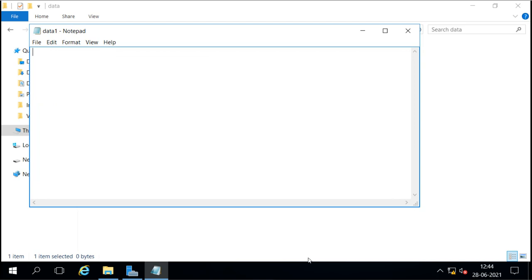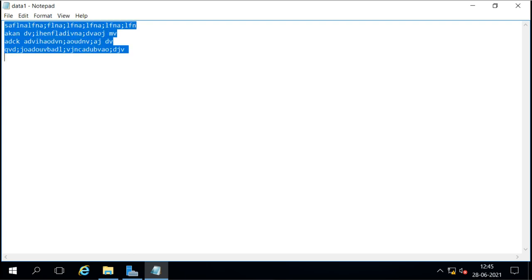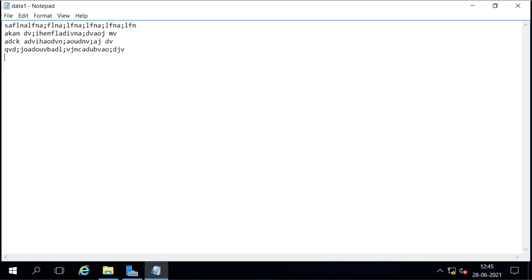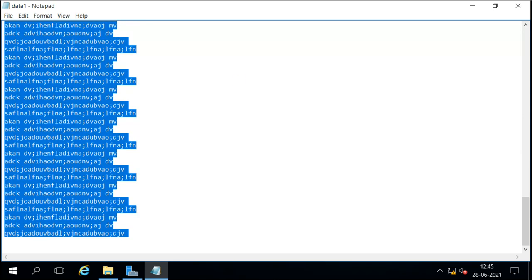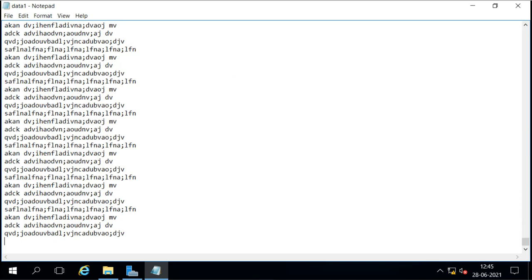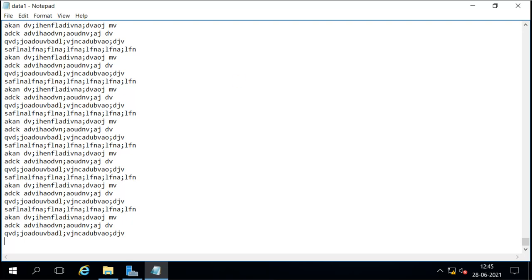This is just a text file, so I put in some data. This will not make much data, so I copy and paste it, then select all, copy and paste again, just to increase the data.